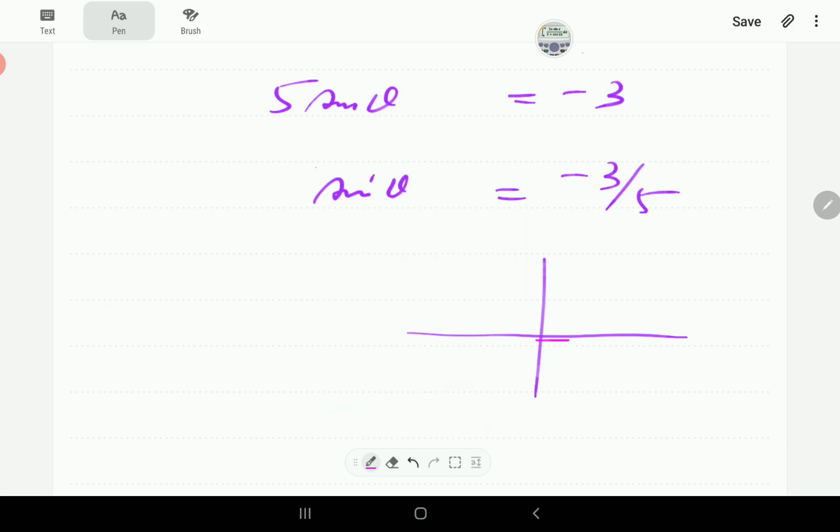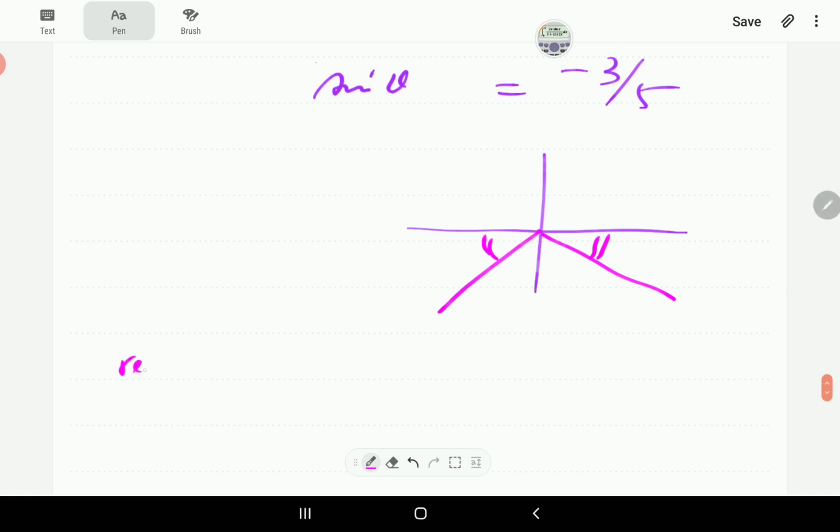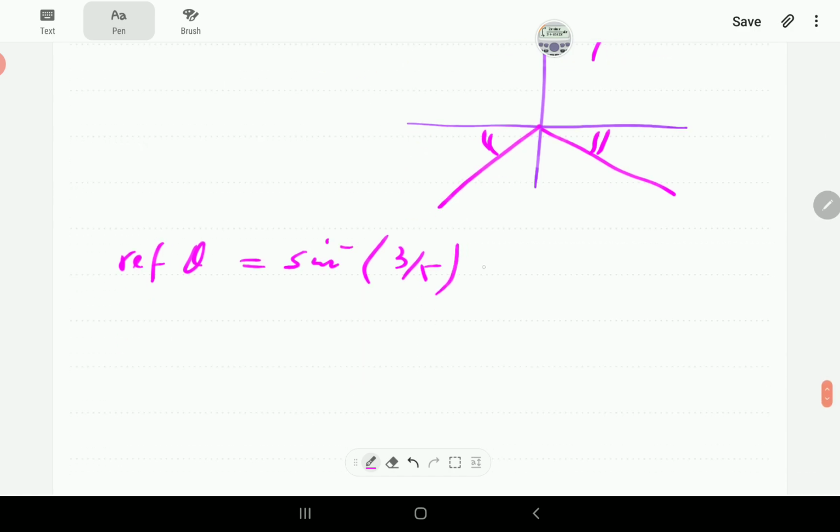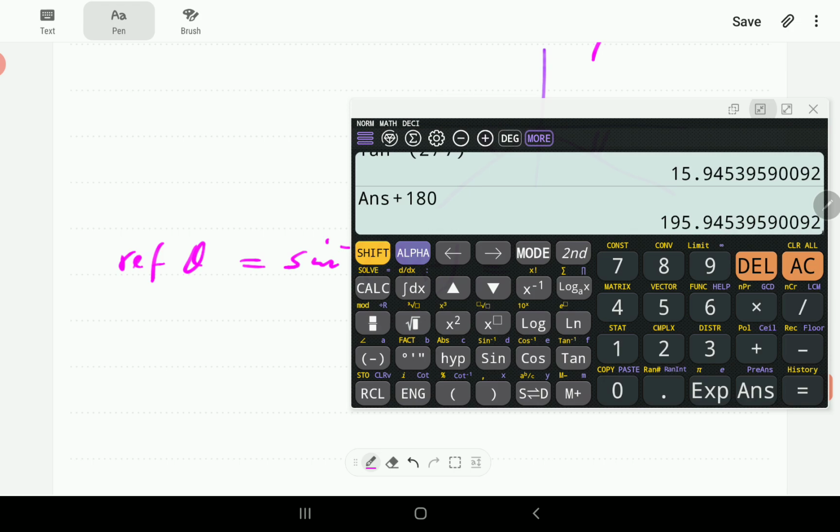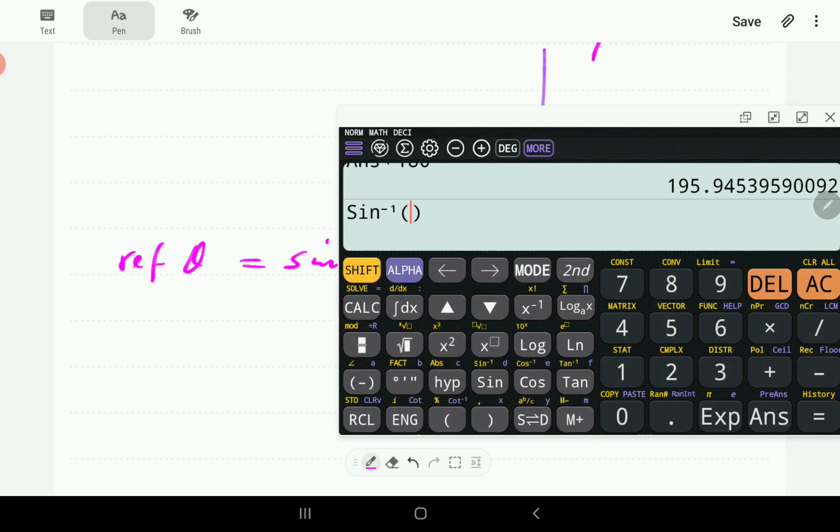Sine is positive in the first and second quadrant, so it's negative in quadrant number 3 and quadrant number 4. Okay, so for reference theta, if this number is negative, we disregard the negative, because reference theta is always an acute angle. So we're going to do inverse sine 3 over 5, which gives us 36.87